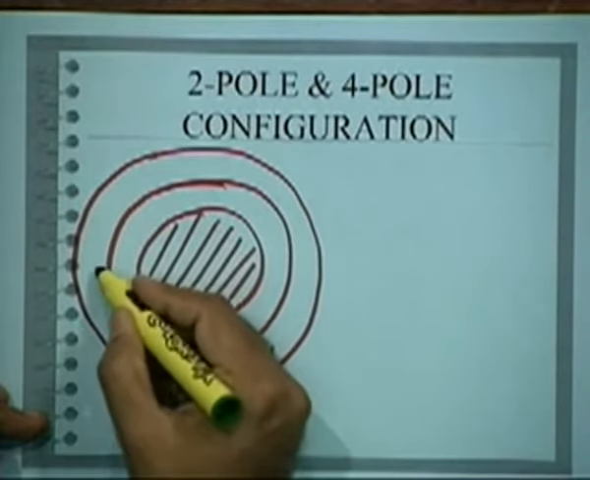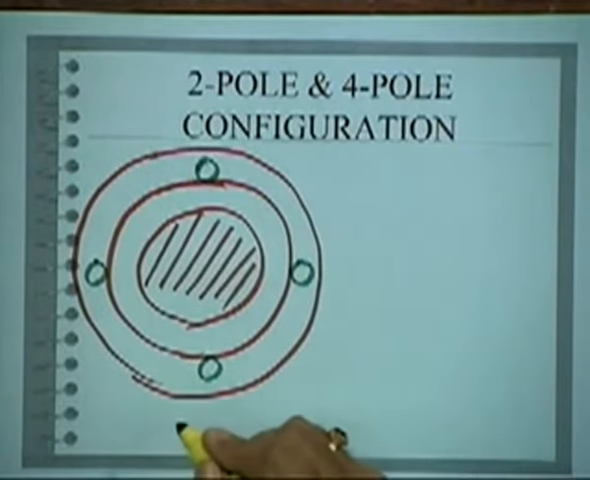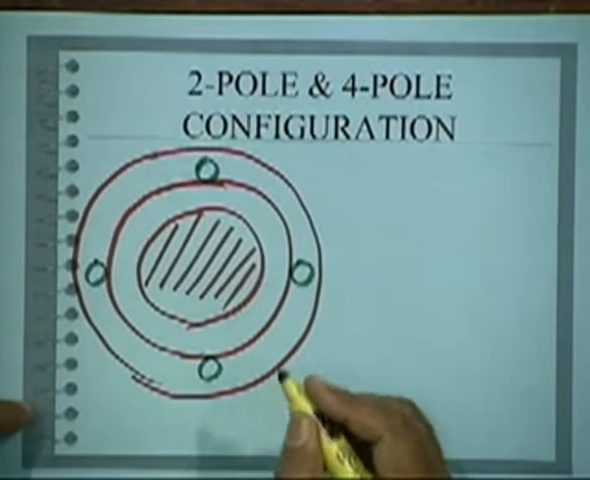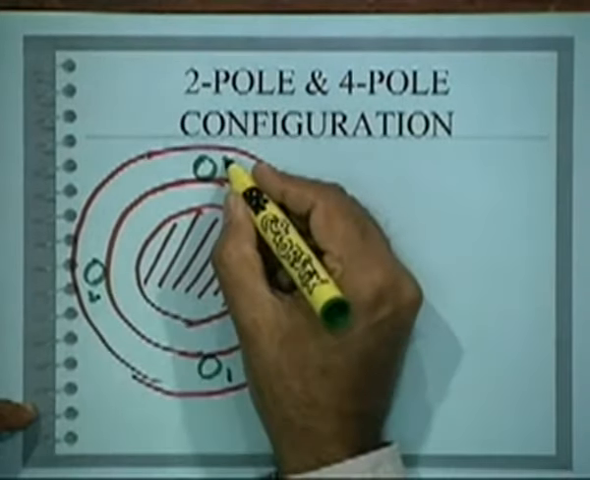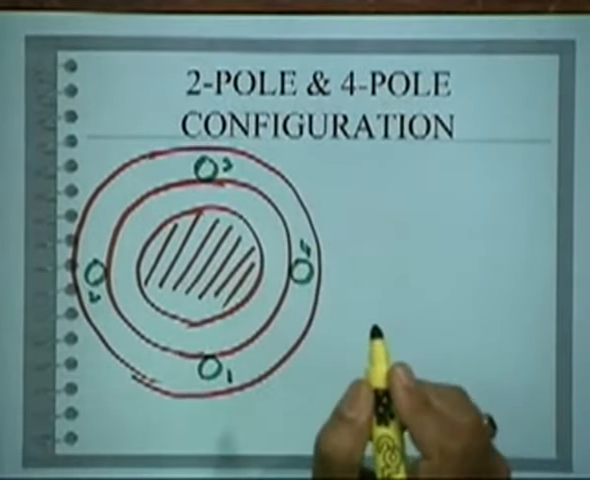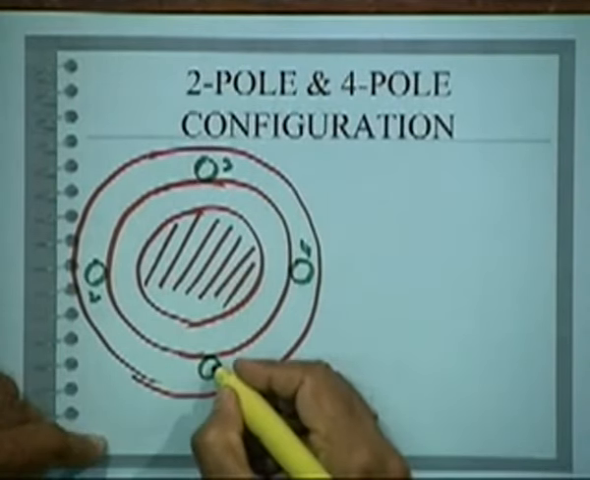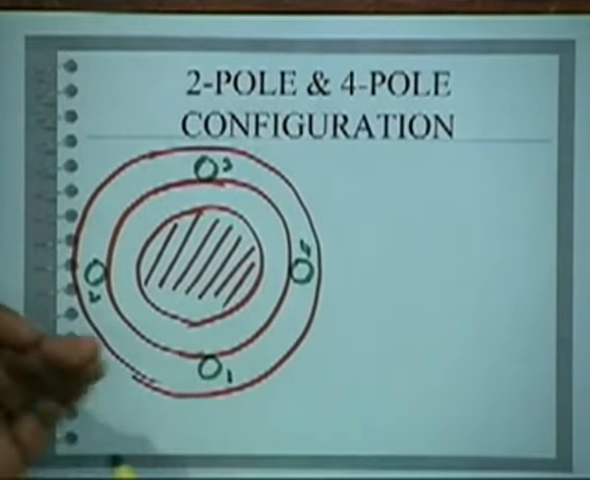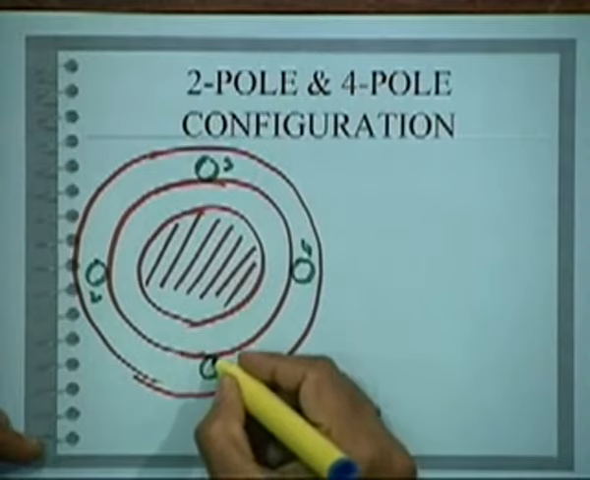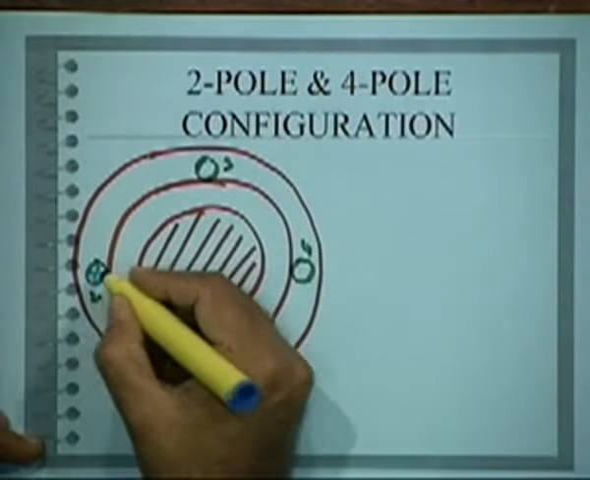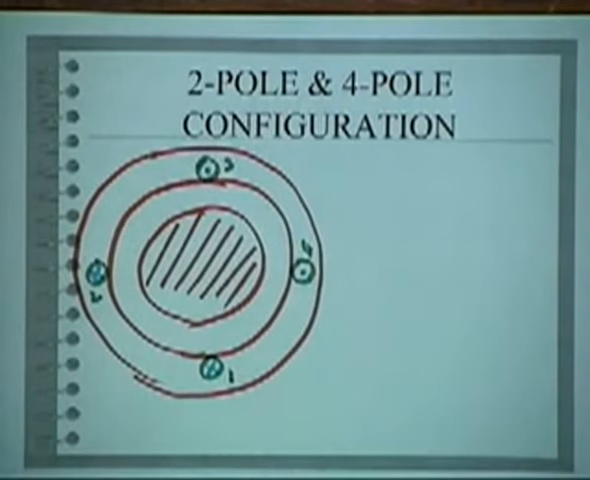Draw 4 conductors. Right. So let us say 1, 2, 3, 4 of one phase. Okay, I made 4 conductors. Okay, supposing you have passed a current like this, cross here, dot here and dot here. Okay,